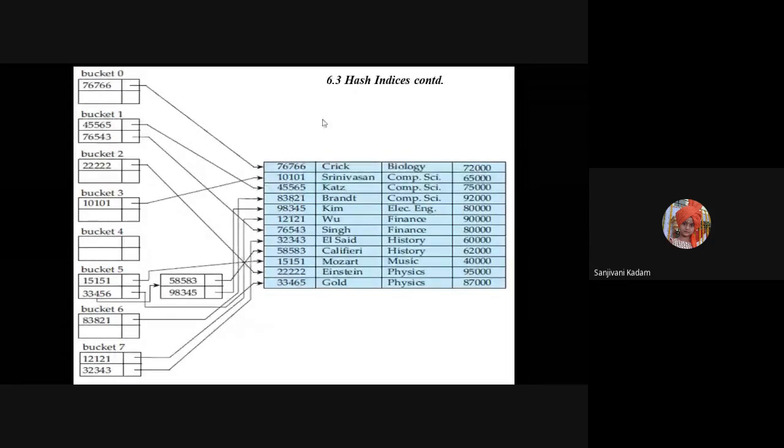The hash function gives me some value, which means the bucket number. On that basis I will store these records into buckets, and in the bucket this value and the pointer to that record will be held by the hash index. Whenever there is an overflow, this will perform chaining of the buckets.